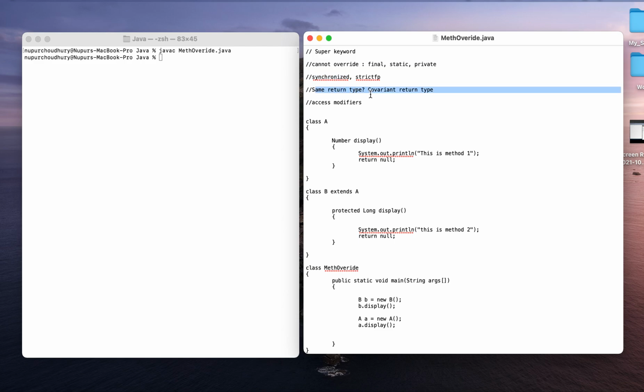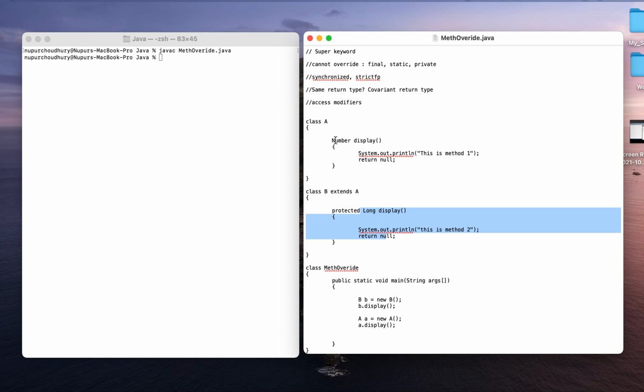Now talking about the next point, we talked about covariant return type, where we understood that the method which needs to be overridden should have a return type which is a parent of the child class method return type.